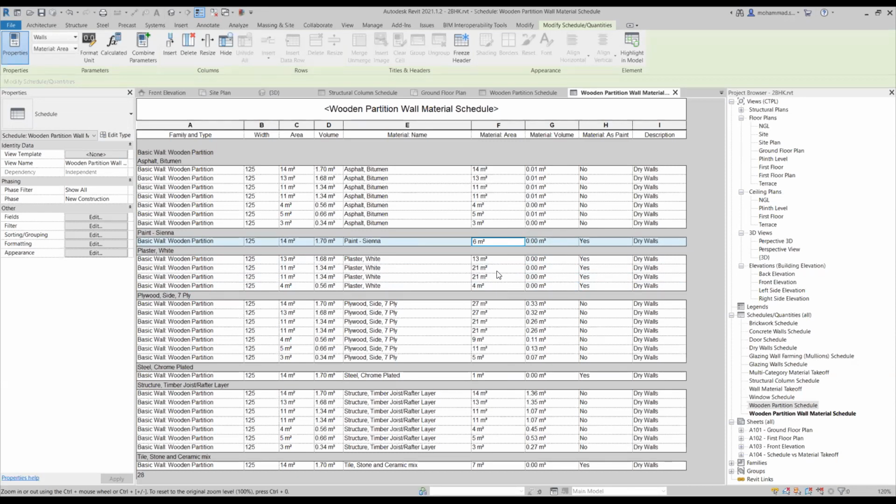Although if the LOD for your project is more than 350, then I would recommend not to use this option. So for example, I have applied this paint sienna by the paint option, and now it is registered as another field inside our wall material takeoff.